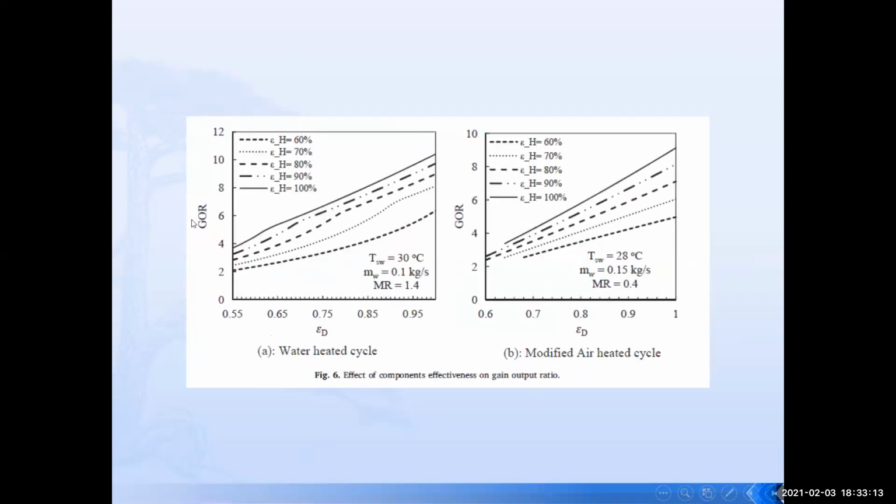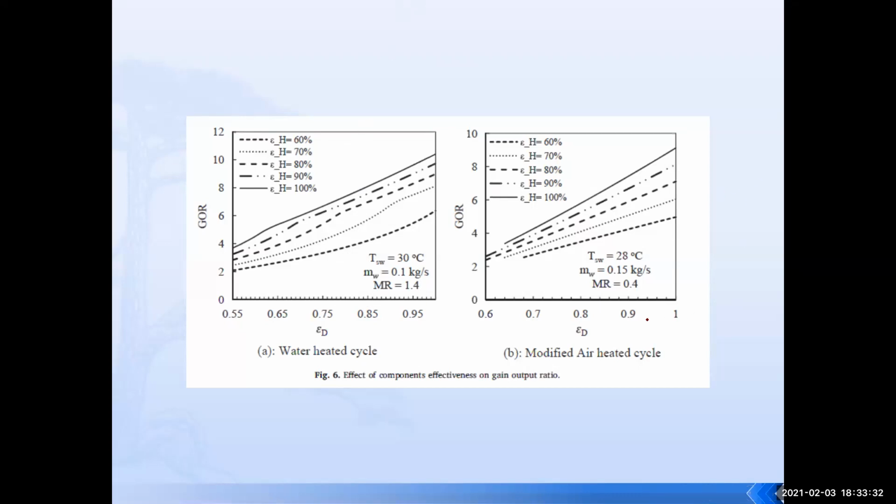And this is showing the effect of changing the effectiveness of the unit. This is the lowest effectiveness, 0.6, and this is the highest effectiveness. And you can see here a substantial increase in the system GOR. Let's fix this to a value of 0.85